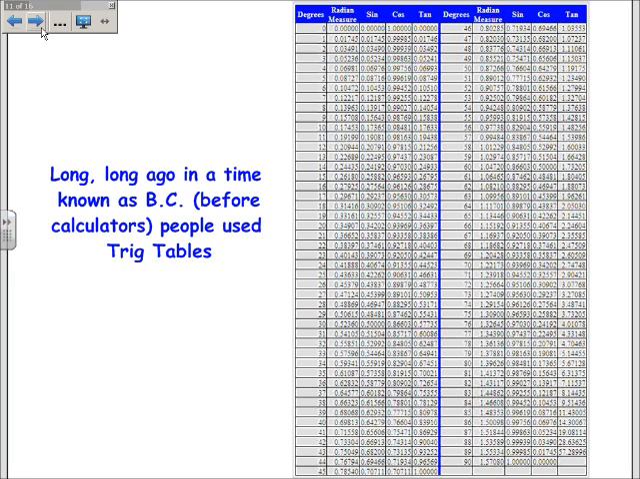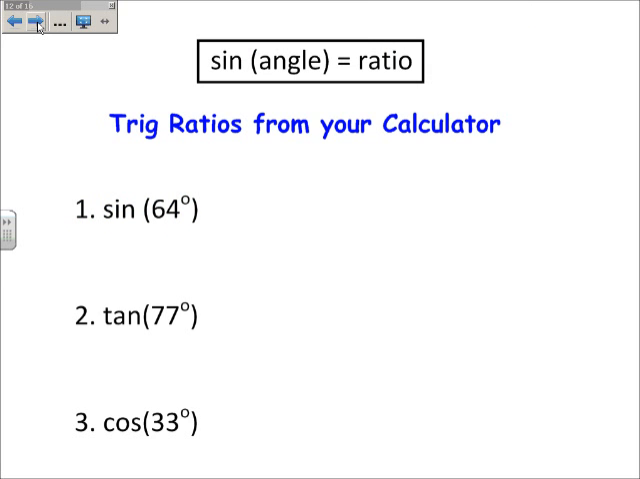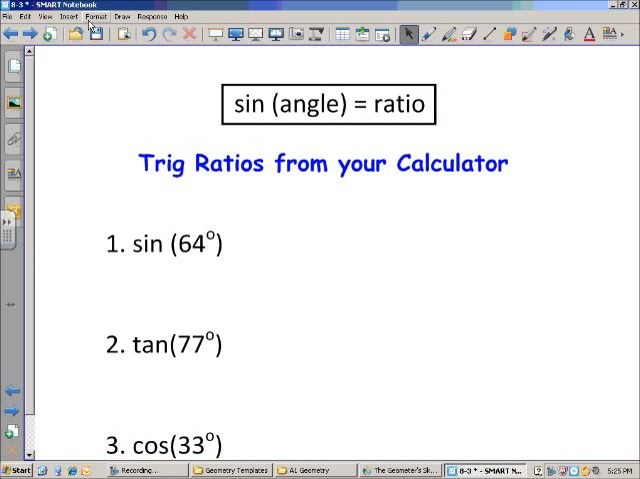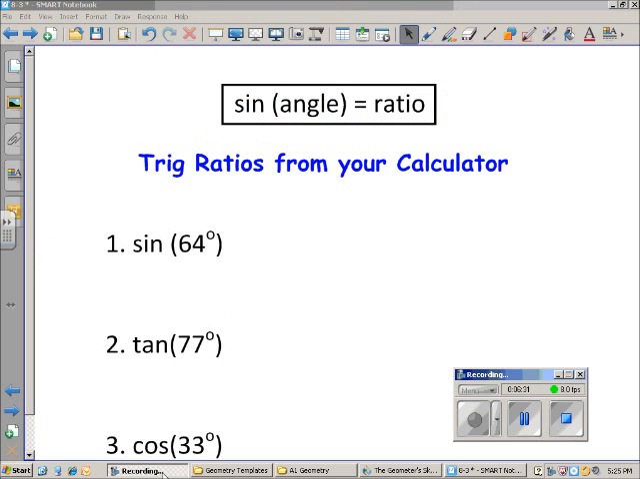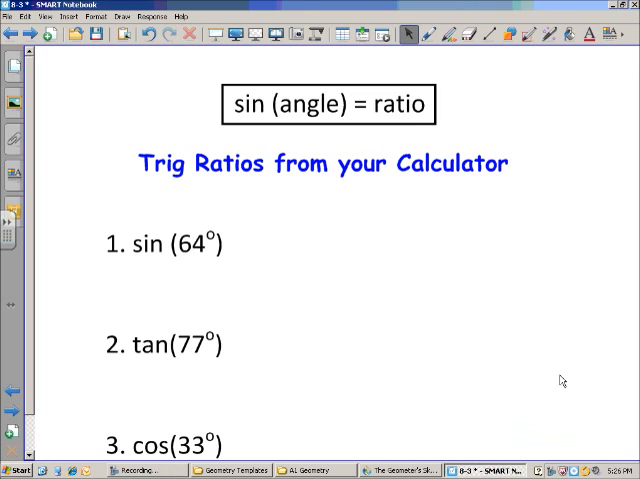Now, one thing to check is make sure that it's in degrees and not radians. Okay, so if you grab your calculator, we can find these ratios. For the sine of 64, we type in sine 64, and we get the sine ratio for a triangle with an angle of 64 degrees. I usually keep at least 4 decimal places on trig ratios, just because they're pretty important and I don't want to round off. For the tangent of 77, you type tan 77, enter,